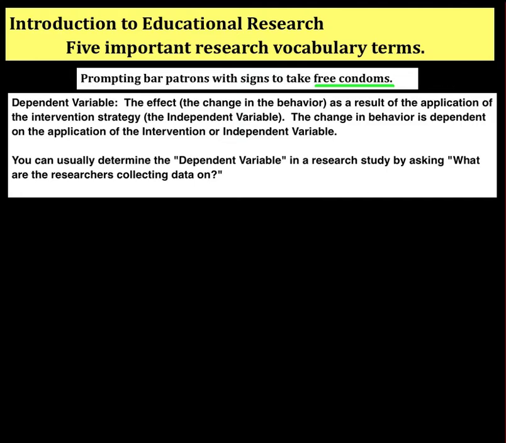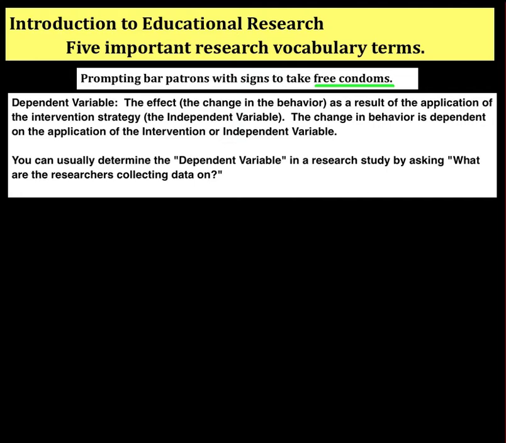So a dependent variable is the effect in a cause and effect relationship. In other words, it's the change in behavior as a result of the application of some kind of intervention or treatment, which is actually an independent variable. But the dependent variable is the change in behavior, and it is dependent on the application of the independent variable. That's why it's called a dependent variable, because its change is dependent on an intervention or a strategy or an